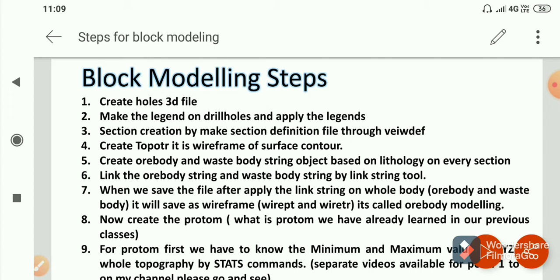Then the most important is the wireframe of every ore body and waste body. That's called ore body modeling.